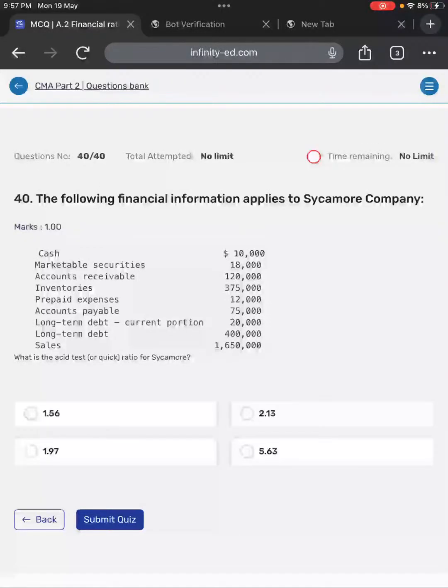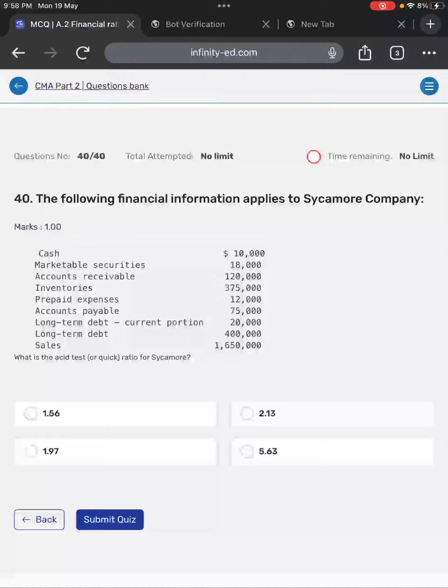Cash given, marketable security given, account receivable given, inventory given, prepaid expenses given, account payable given, long-term debt current portion given, long-term debt given, sales also given. Quick ratio means what? First cash coming, marketable security also coming, account receivable also coming, inventory not coming, prepaid expenses not coming,